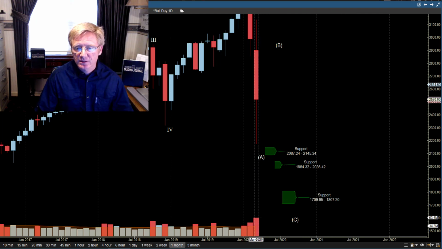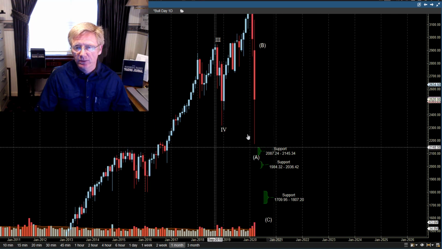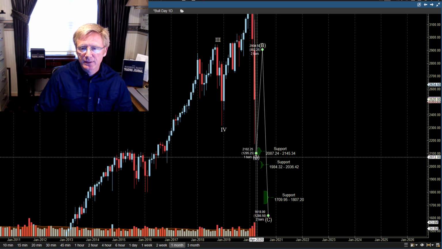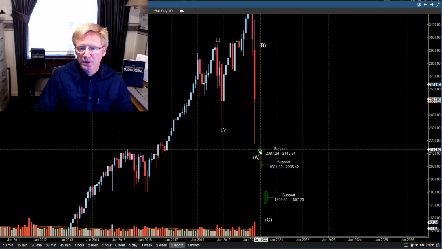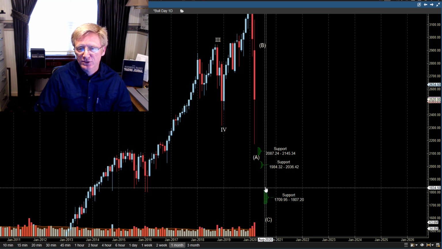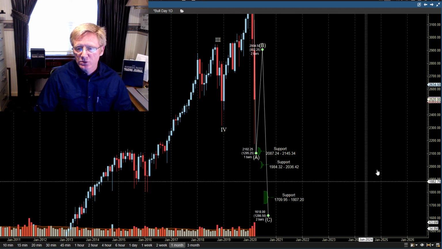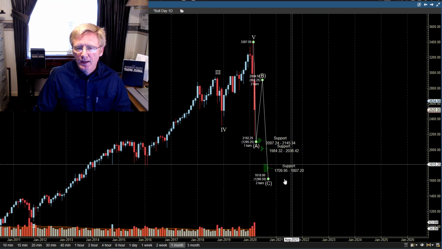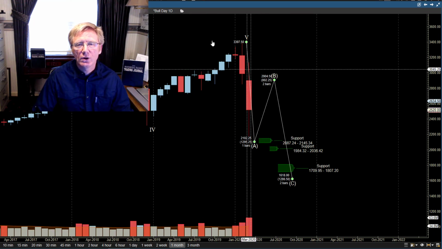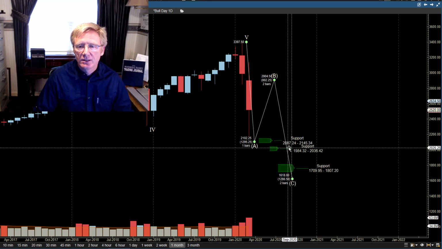This has a lot of support, including these previous highs back here. Plus, there are some fib clusters in here. So if A is not completed yet, I expect that it would come down into this area. Then this would be the next area, and then this would be the next area. So if this is going to be an ABC, then perhaps this would be support for C, and I'll get into some others. So this is the bearish count. All right, so C could come all the way down to 1607 very easily. So this is the bearish count.